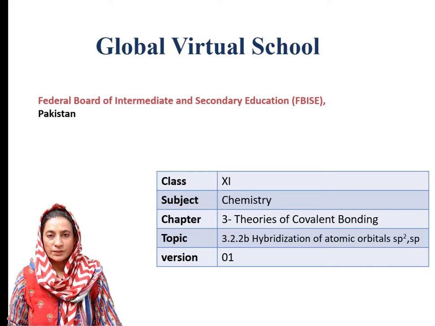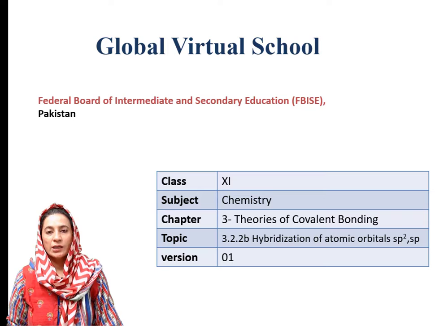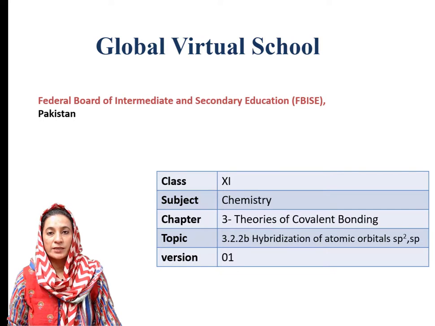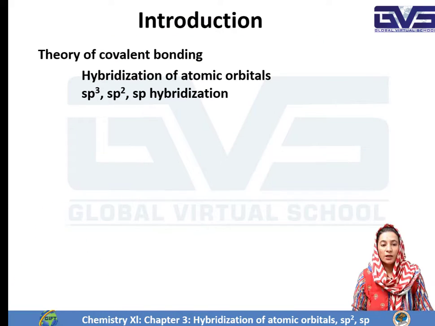Students, this is your first year chemistry class. I am Dr. Jalbanu. And the topic for today's discussion from chapter 3 is atomic hybridization of atomic orbitals with respect to sp2 and sp. Previously, students, we have discussed the hybridization with respect to sp3. Actually hybridization of atomic orbitals is complete with sp3, sp2 and sp, and in today's lecture we will discuss sp2